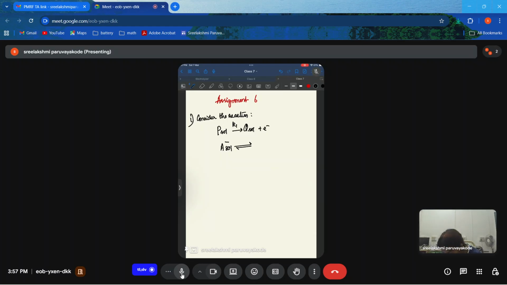I'm writing down the question, and the question says the kinetic parameters are given by